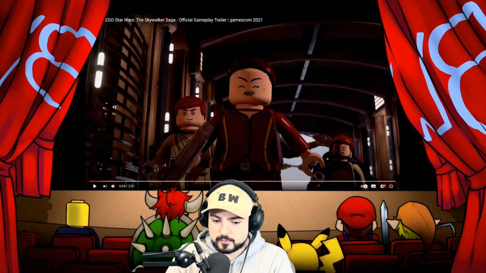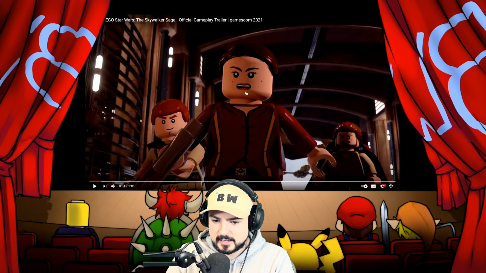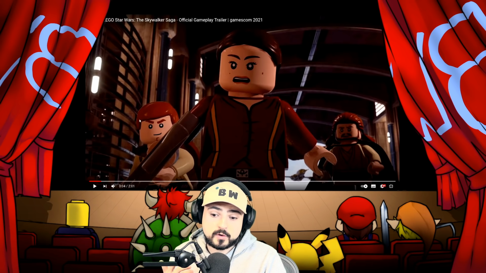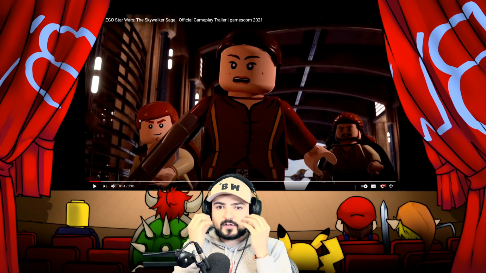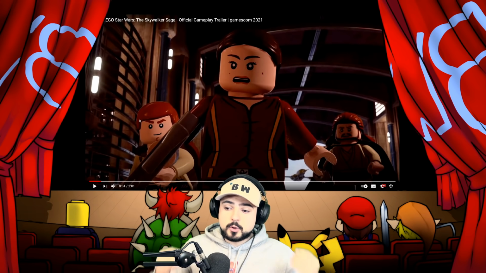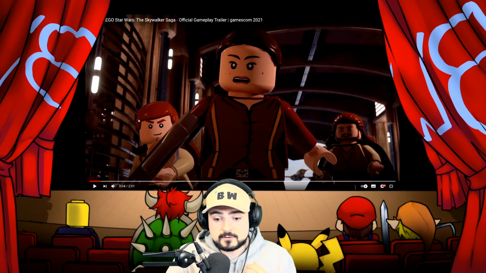So first and foremost, we have this opening scene here, obviously looking pretty awesome. Right off the bat, the one thing I've noticed is the attention to detail. We've never seen a Lego game this detailed, whether it be little lines and little marks on the faces of the characters to really make them look a lot more like their actual counterparts in the live action movies,